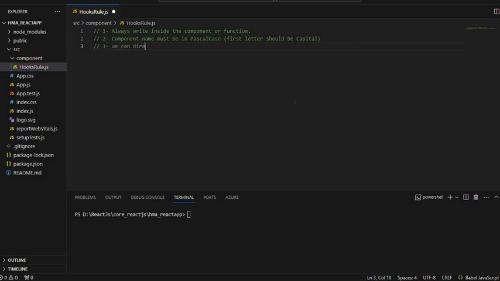we can directly import the hook, or we can write it directly like this: React.hookName, like this. And the fourth rule which we have to follow is